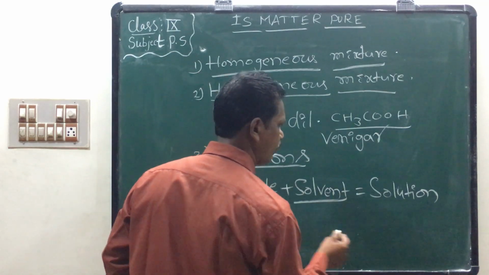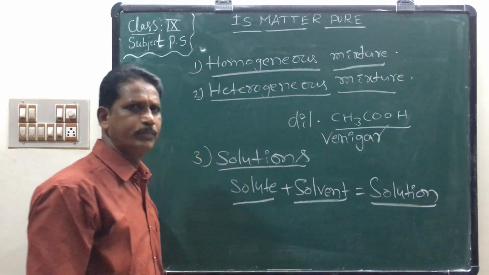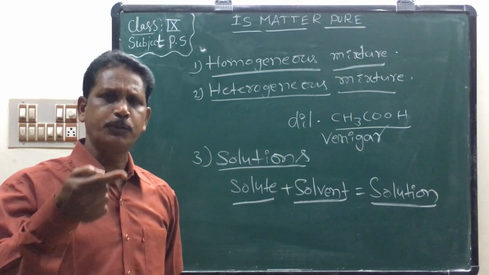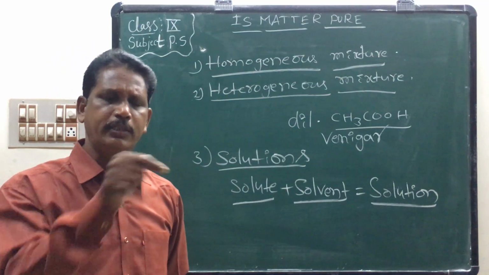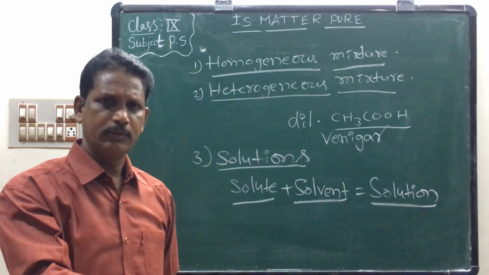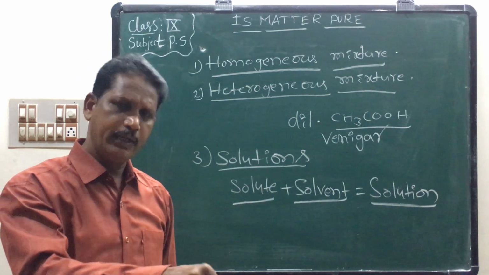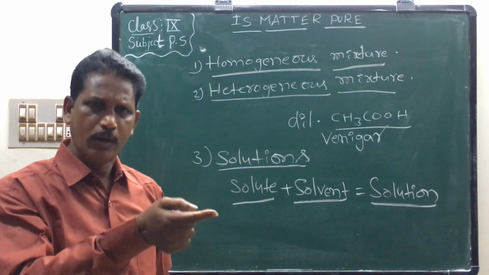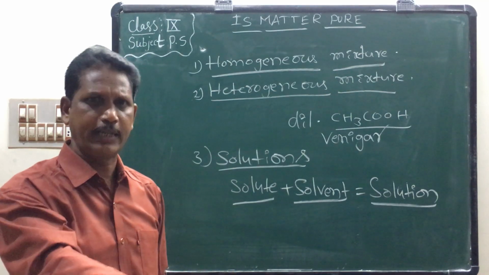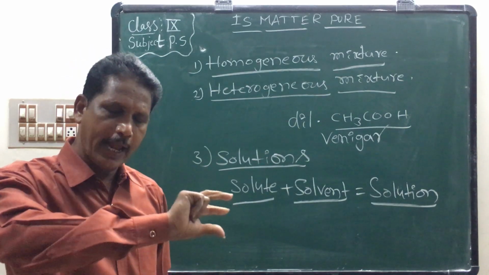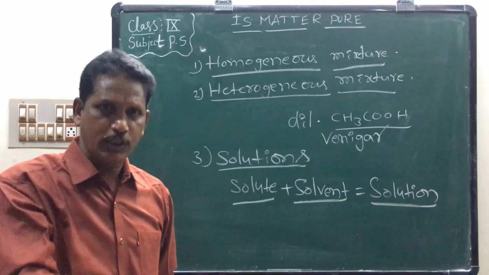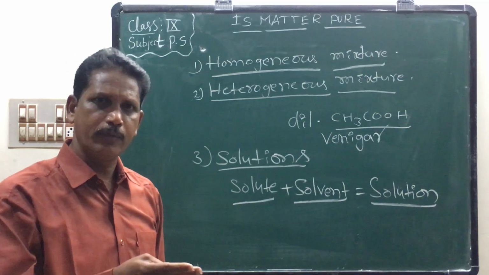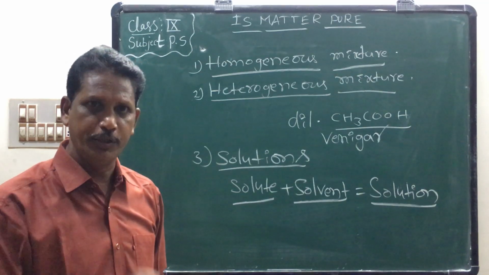Solute dissolved in solvent to form solution. It is a homogeneous mixture. For example, one spoon of salt mixed with water. The test tube contains water, so we add one spoon of salt in the water in the test tube. The entire salt dissolved in water. This type of solution is called a homogeneous solution.